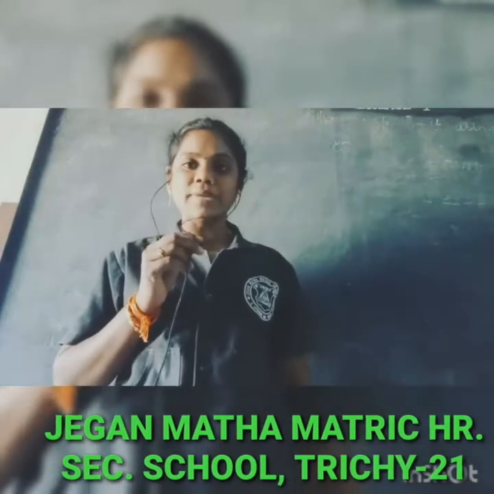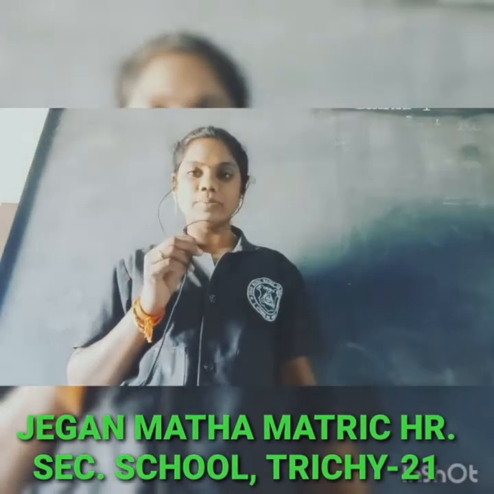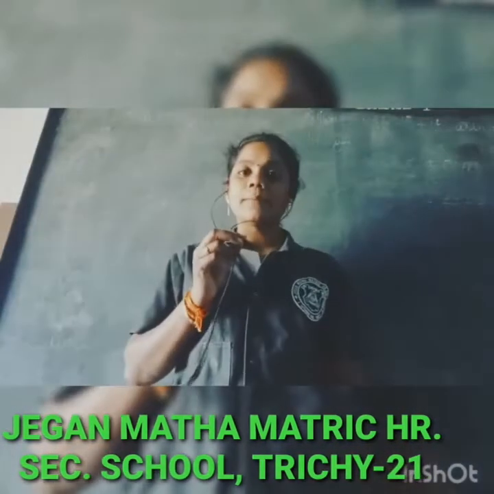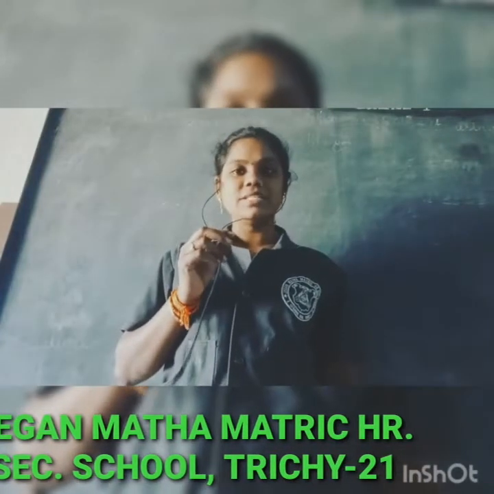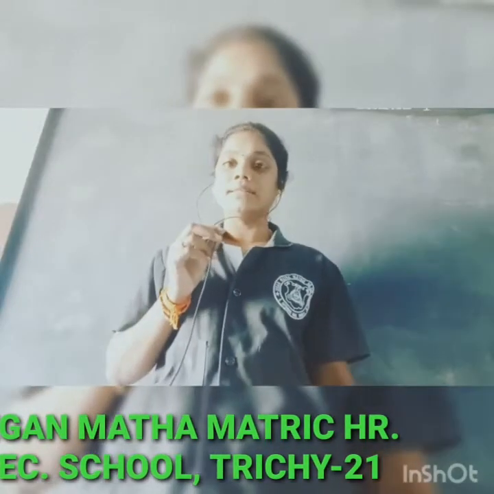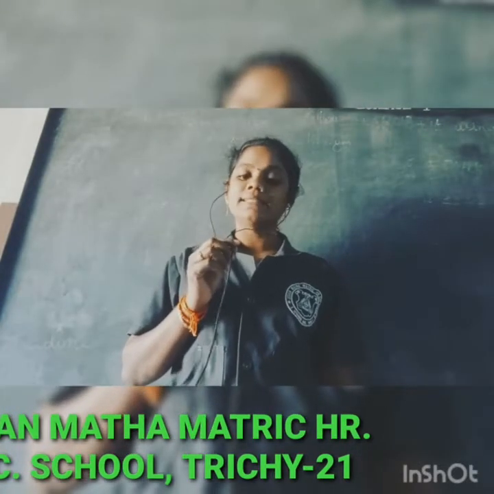So here two equilibria are given. One is B gives A, so that is a reversible process, and another one is B gives C, so this is also a reversible process. Del G1 naught is not given, and del G2 naught is also not given. Okay, let us see the solution.